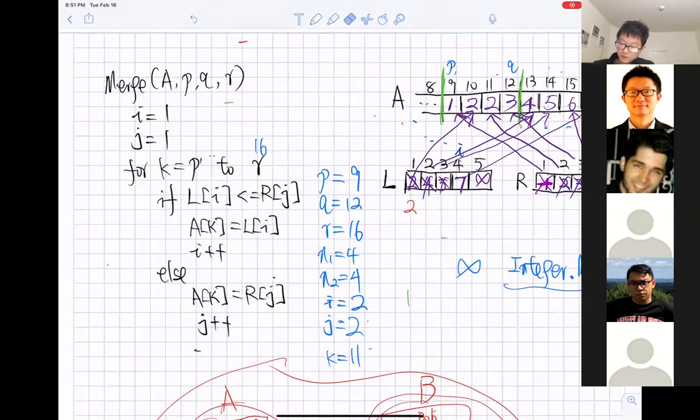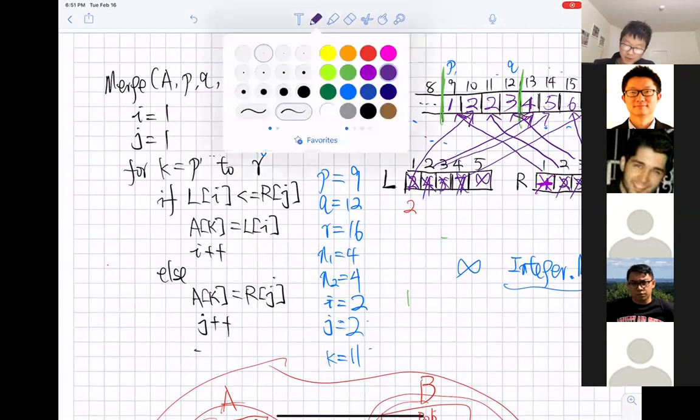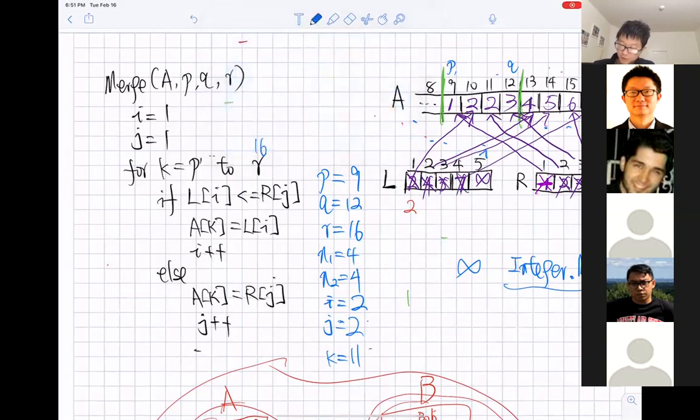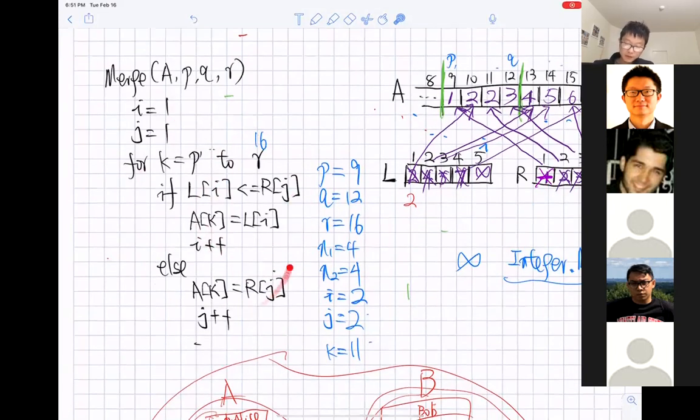So then it has a new value of 7, and so we are going to cross it over, and then we're going to increase i by 1, and similarly we're going to increase k by 1. When we increase k, we find that k is already exceeding its upper bound. So we just terminate the for loop, and then we finish the whole code.